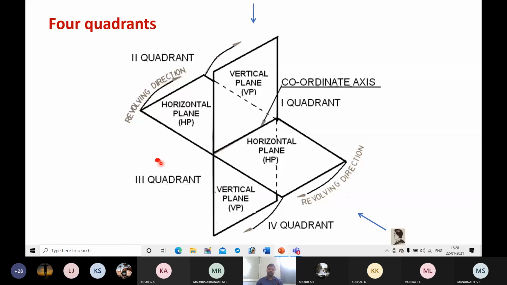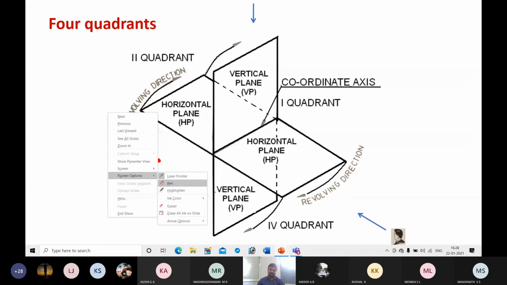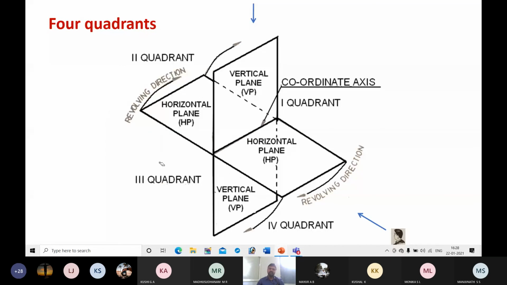Which is in between the observer and the object? The plane, again the plane of projection. So we need to consider this also. If you get confused about the other quadrants, just remember the first quadrant. Since we use only first angle projection in engineering drawing, it is based on the Bureau of Indian Standards, based on the BIS convention.